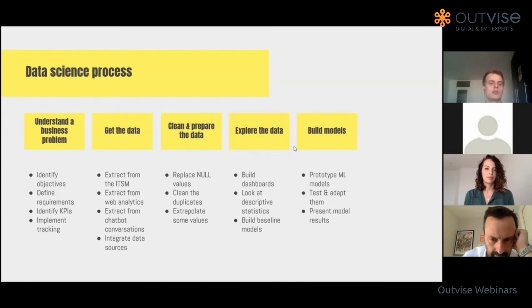You may need to retrain them. You may need to adapt the output that they're giving, or how the user interacts with them. And you would also need, of course, to present model results to show the main user group what the model does and how it works and so on. Here, for example, the question of explainability comes into play.